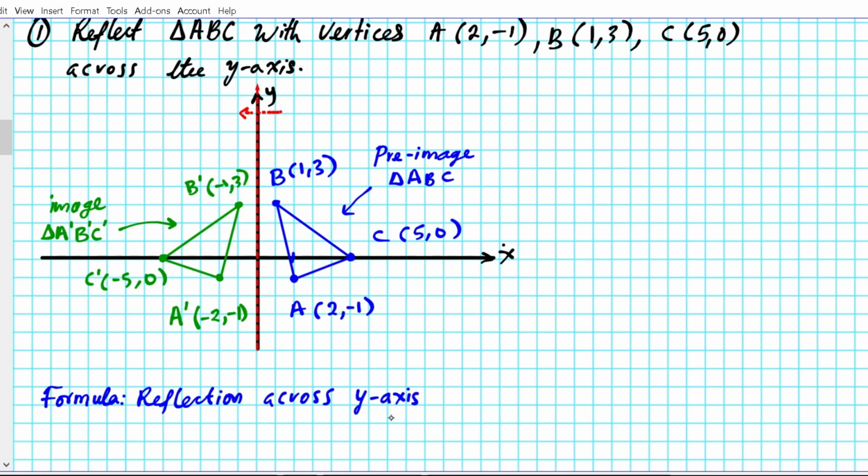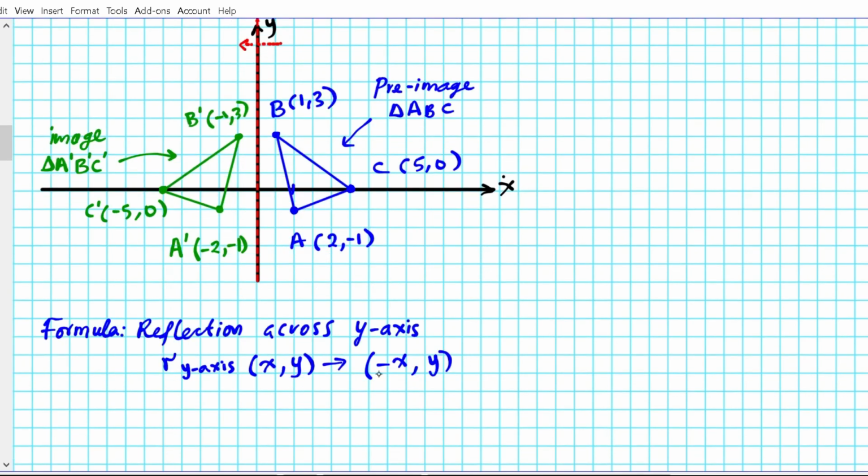Okay, so reflection about the y-axis is as follows. Let's write it down. The reflection about the y-axis takes the point (x, y) and maps it to the opposite of the x-coordinate, comma, y. Okay? All right, how about the reflection about the